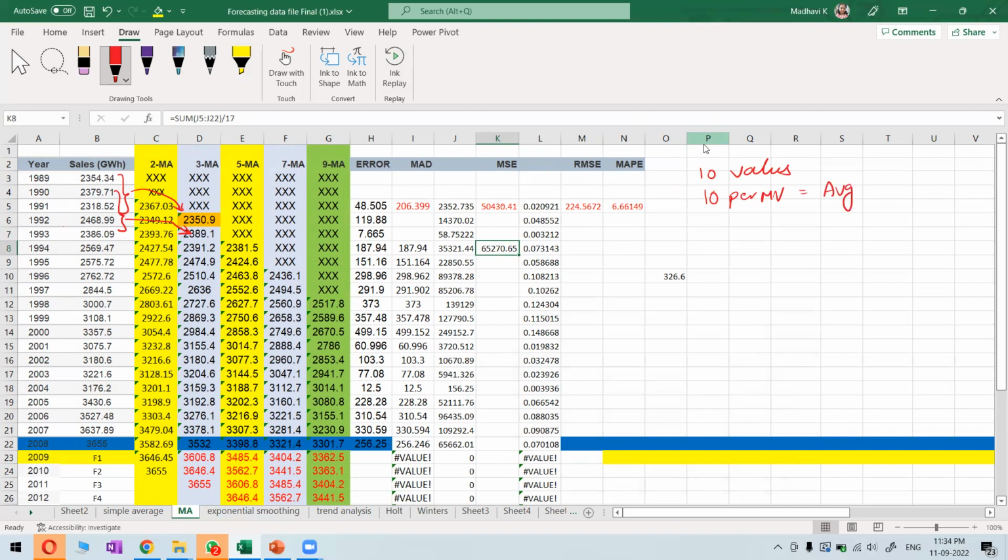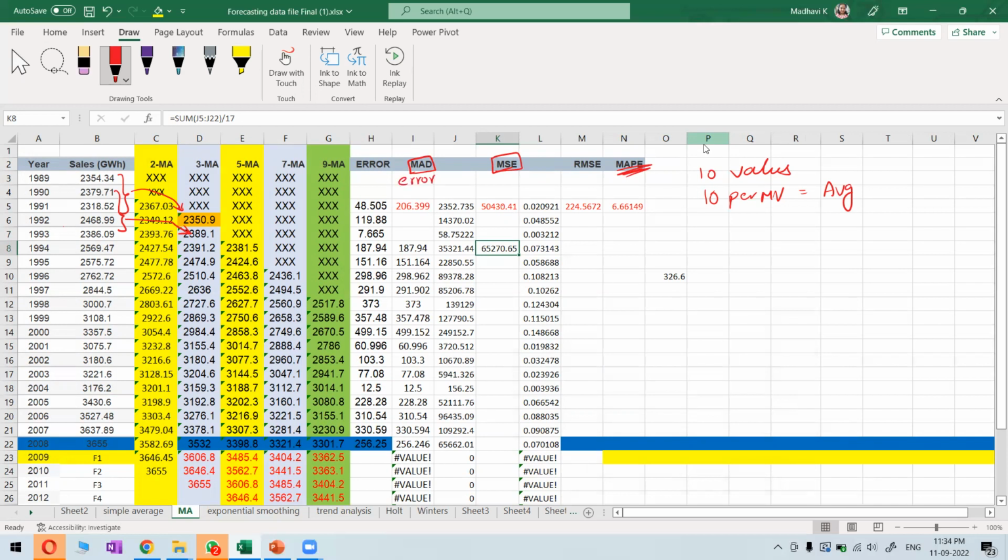Now, there are a few other terminologies that we are going to find. One is mean absolute deviation, which we studied in QT, and mean square error, which we also studied in QT. Another one is mean absolute percentage error, MAPE. So how to calculate this one? MAD is nothing but